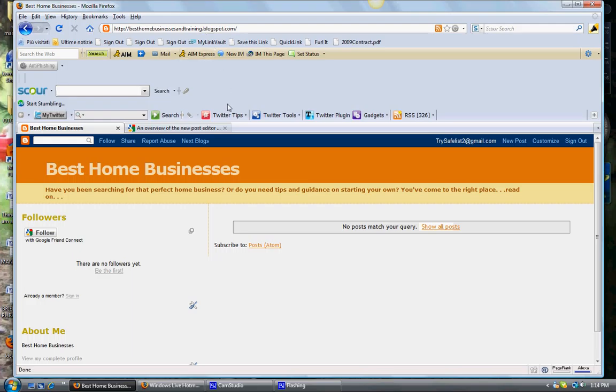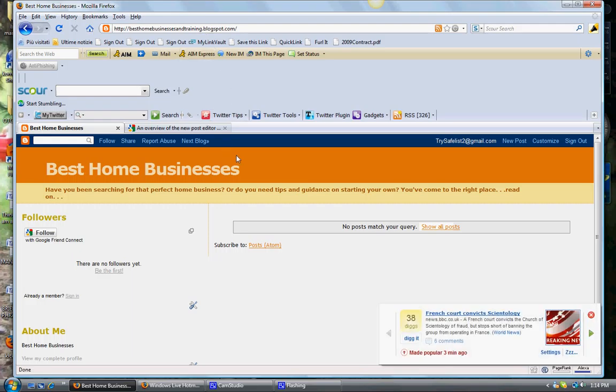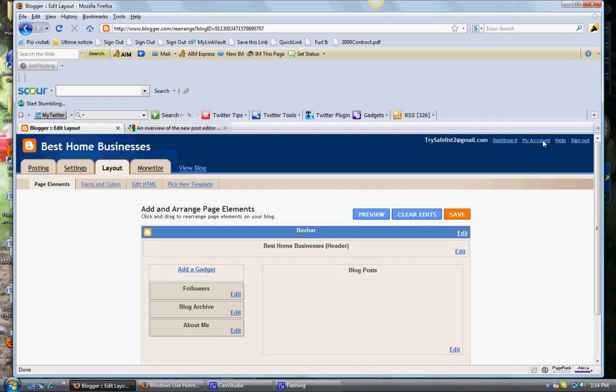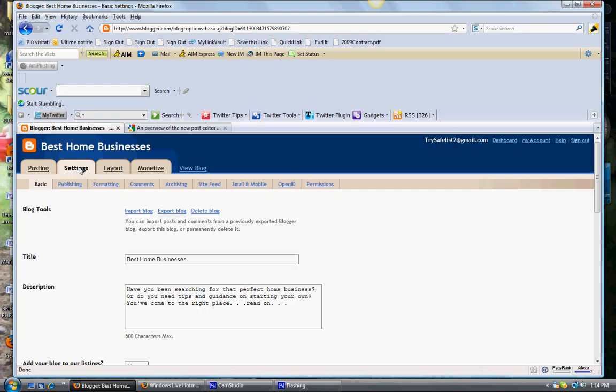Okay, so what we're going to do now, before we post anything, just to show you, this is where your email will appear, and we're going to hit customize right now, and this is where we're going to go in. You have some various options right here. We're going to hit settings. Okay, and here you have a lot of different options too. We'll do some of those now, but for right now I just want to go through the basic settings tab,